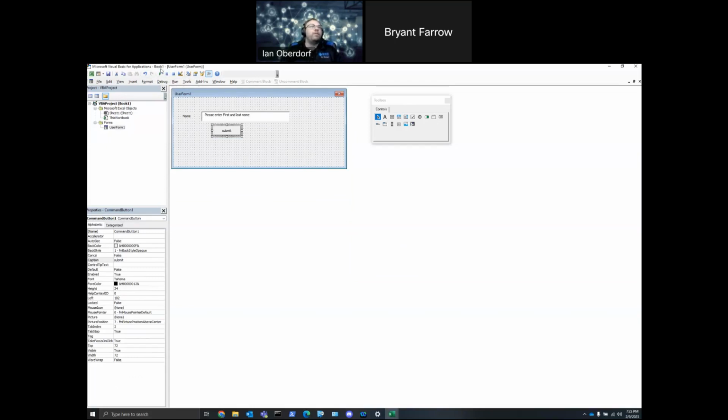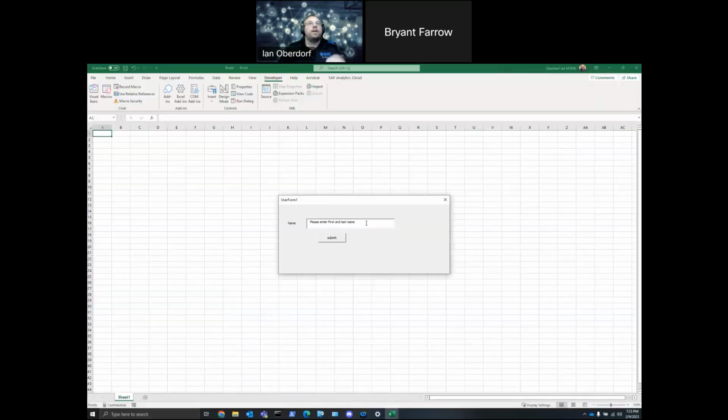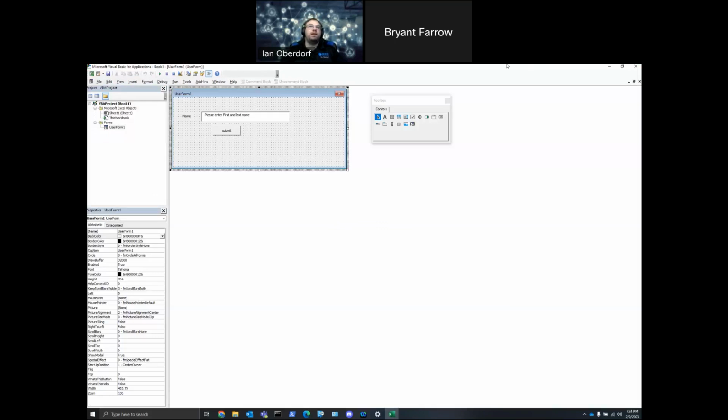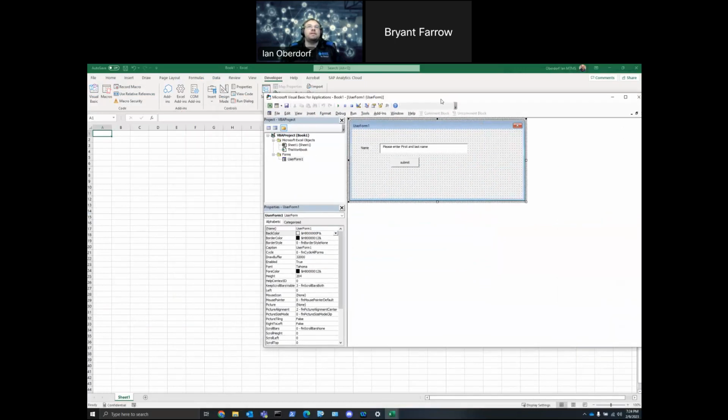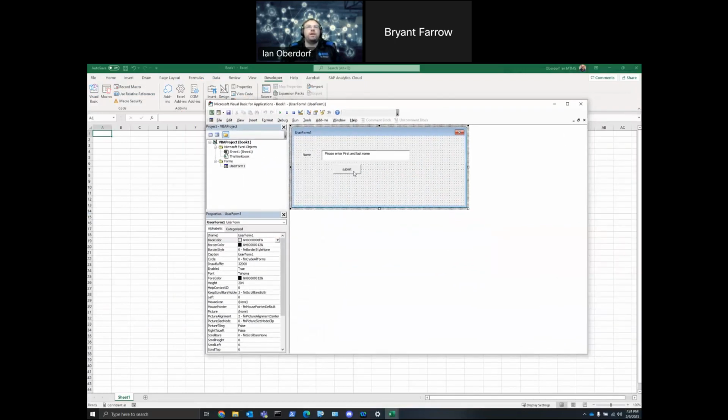But hit run, and in the text box, you should be able to interface with it, type whatever you want, hit the submit button, but as you see, nothing's going to happen. In fact, here's another thing: if I was to close the Excel application after saving it and tried reopening it, you will never be able to see this form. And that's going to be a later step we'll do after we add some code to